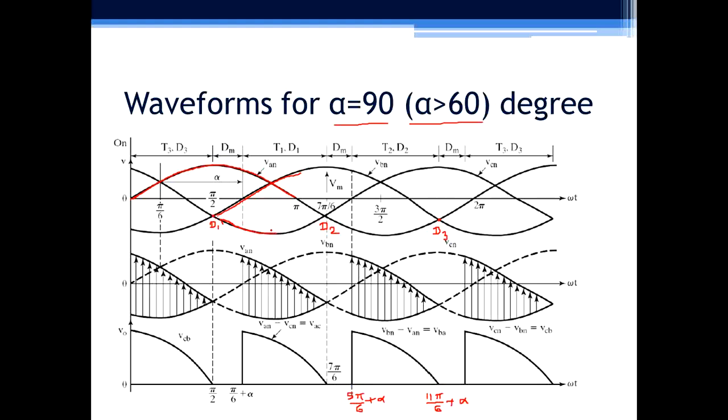Now if these three voltages are applied to the semi converter, what will happen? So we have to understand this operation. So first point is, any device will be ready to conduct when it is forward biased. So T1 is forward biased here because A phase is positive. Here T2 is forward biased, and here T3 is forward biased. That means T1 is ready to conduct here. Here T2 is forward biased and it can conduct if we apply the gate pulse at 0 degree firing angle, and T3 is ready to conduct from this point.